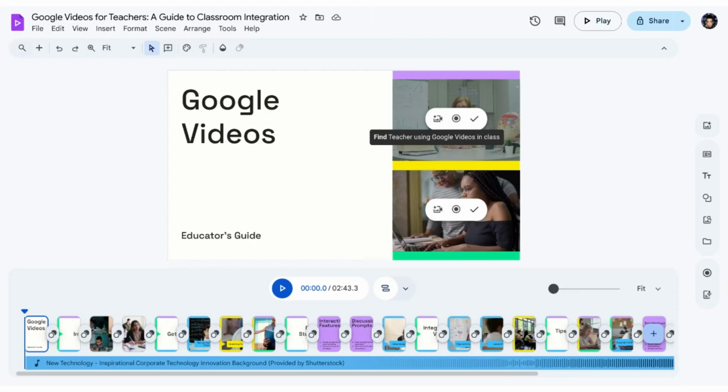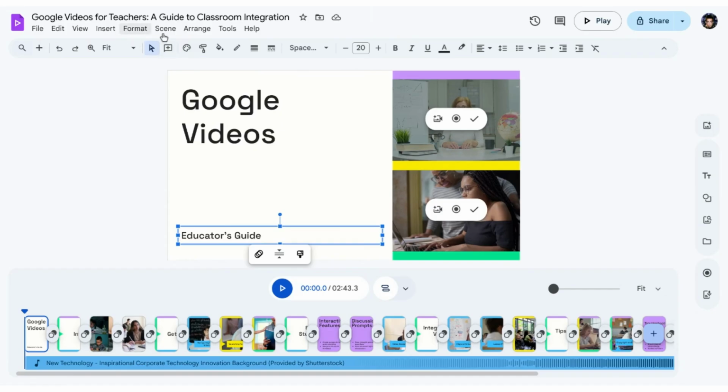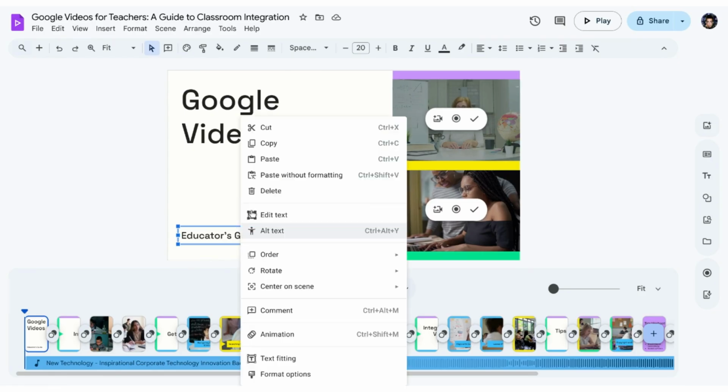So when you've got a Google Vids scene and you've already inserted some objects, there's a couple of different ways that you can change the characteristics of that object. So one way is to select it and then use the menus at the top, or once the object is selected, if you right click, you'll get object options,